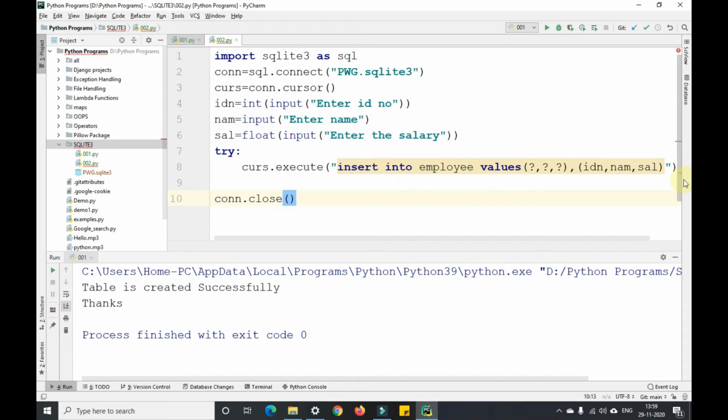Okay guys, now we'll commit this particular statement here, conn.commit. After committing this, I'll print the statement, data stored successfully.